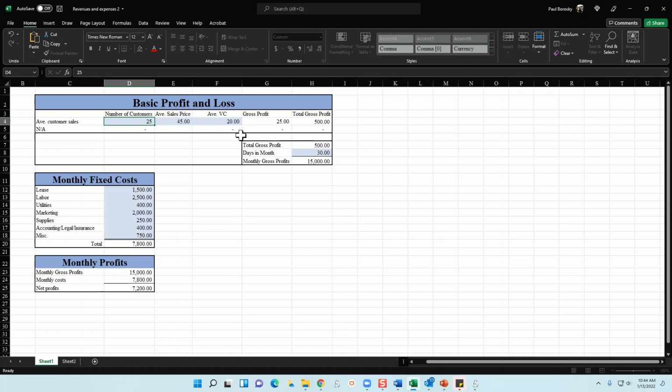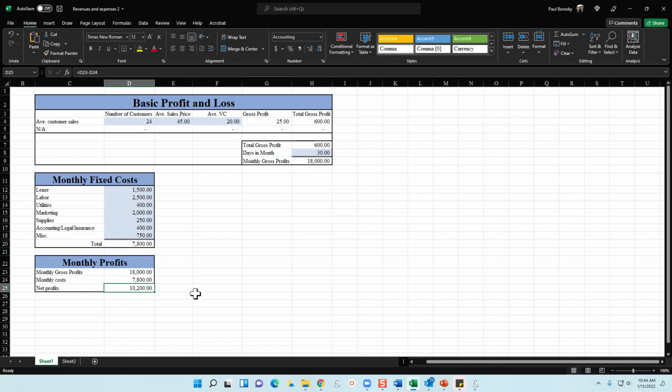So let's say we're going to target, we're going to want 25 customers, 24 customers, 23 customers. Nope, we want 24 customers. So let's say we need $10,000 for net profits. Now what we've done is moved our numbers around for how many customers we need on a daily basis in order to achieve those net profits. So in this example, we need 24 customers daily at an average sales price of $45 with variable cost of $20. If we achieve these numbers here, then as long as we maintain our cost, we will be able to hit or exceed our net profits.